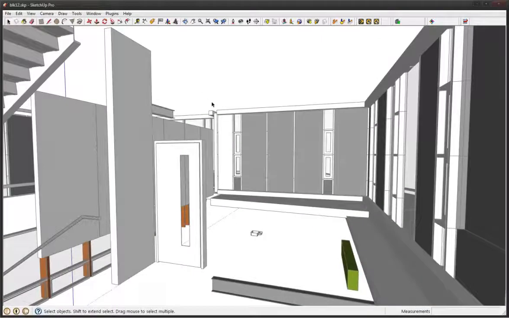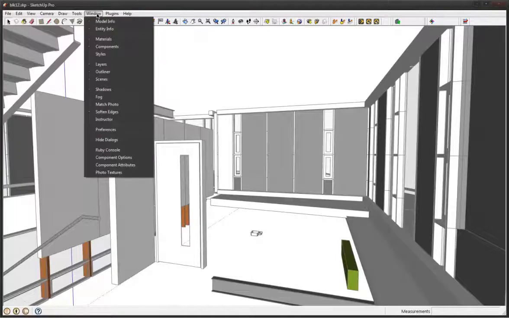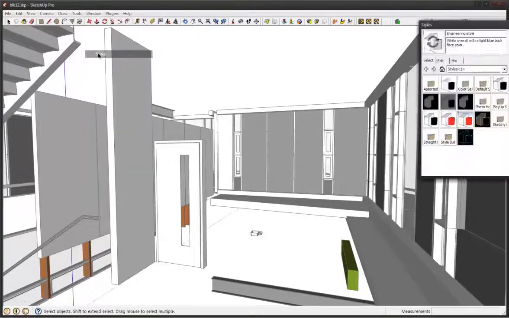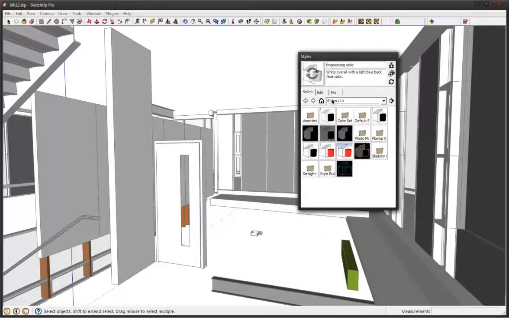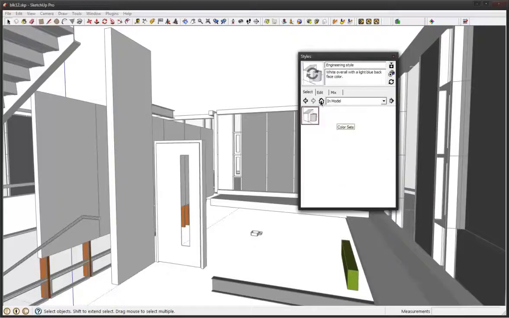So to change the look of it, mainly you use this one here. It's just up in Window Styles, and then this pops up. This will probably look different on your system. If you're running a Mac, it'll look really different. If you're running Windows, it won't have any of this stuff. These are all my defaults, I think. But if you click on that, it's all the styles that are in the model. So when you save your model, it'll actually save all the different styles you have with it, and you can set up